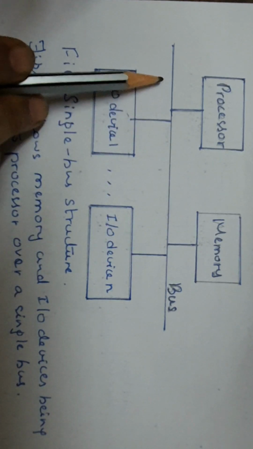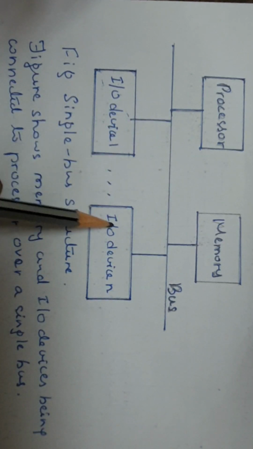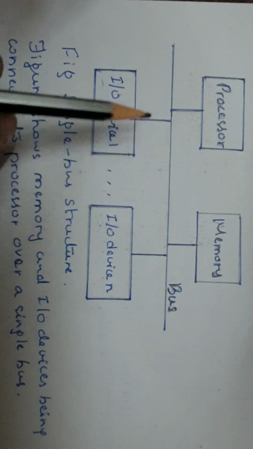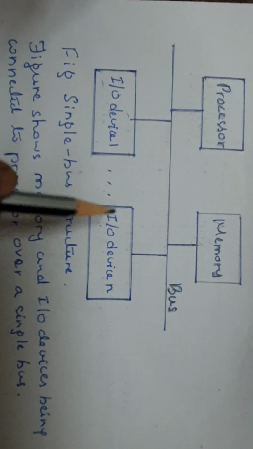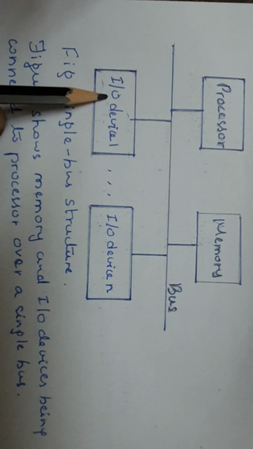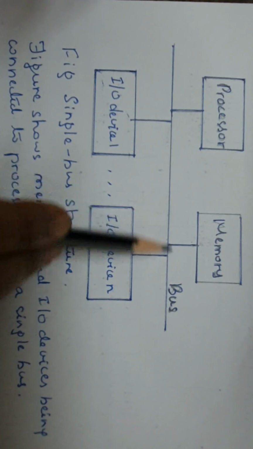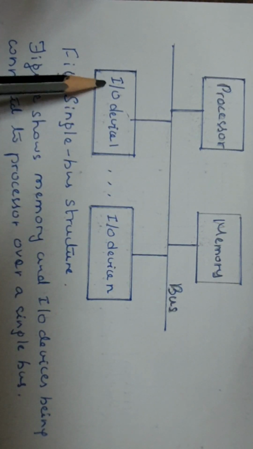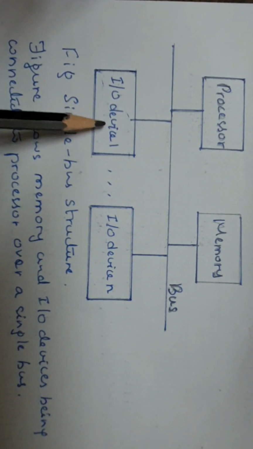parts of a computer are connected through a single bus. The connecting lines which connect the different parts of a computer are called the bus. The different parts of a computer are processor, memory, IO device 1, IO device 2 till IO device n. IO device means input device and output device. There will be n number of IO devices connected to the bus of the computer, that is the system bus. Input device examples: keyboard, mouse, joystick. Output device examples: printer, plotter, display device, that is monitor, and so